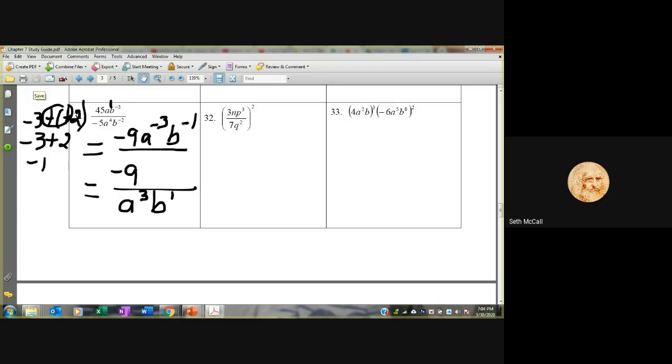Now, number 32, there's some things going on here, and my recommendation would be to work inside the parentheses first before we distribute that 2. Because if you simplify the stuff that's going on inside the parentheses first, then you'll have less things to distribute that outside 2 to. So you can see 3 and 7 do not divide, so we're going to leave those alone. We're going to have a 3 on the top and then a 7 on the bottom. We have an n on the top and no n anywhere on the bottom, so we're going to leave it